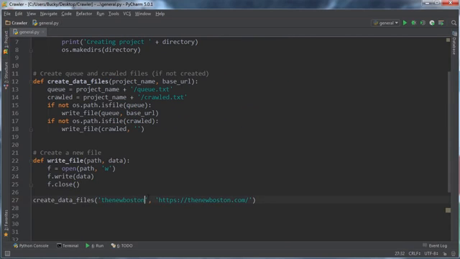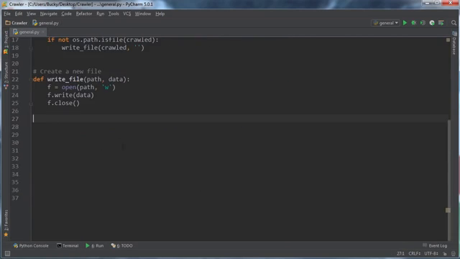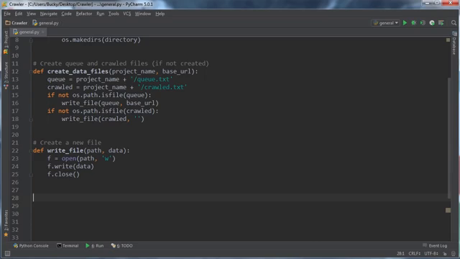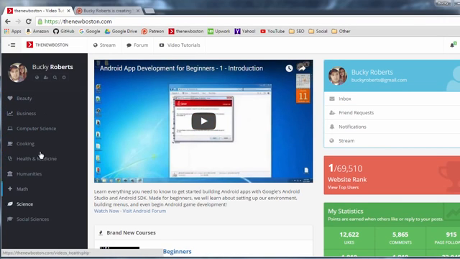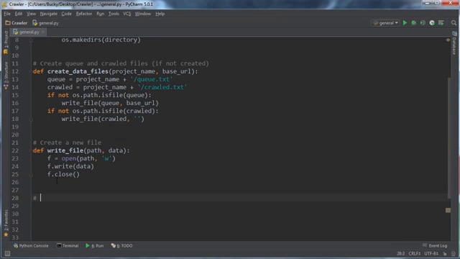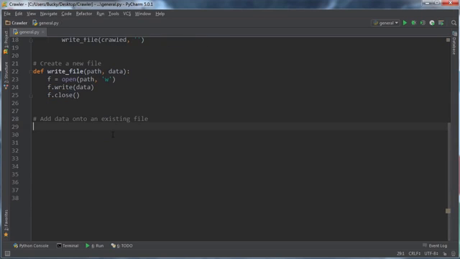And let me actually get rid of this little thing. Alright, so now I actually just need to make a couple other housekeeping functions like this. This is for creating a brand new file, and we already saw when that's going to be useful. But later on, we're going to be crawling a lot of different pages, and we don't want to just create a brand new file each time. We're just going to discover more links, and we just want to add them onto the end of this file right here. So we actually need a new function, and I'll just say add data onto an existing file. So I'll say def append_to_file,